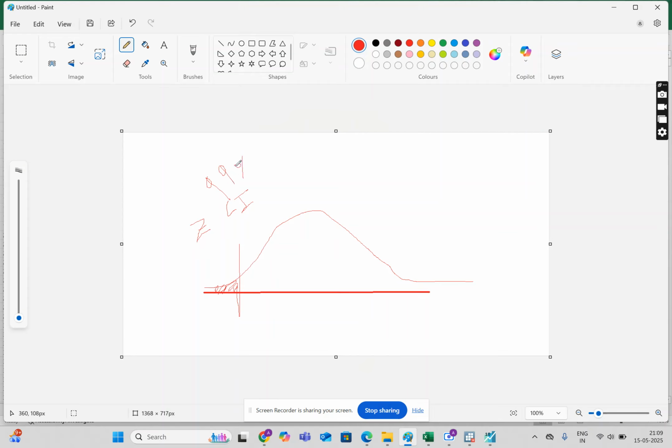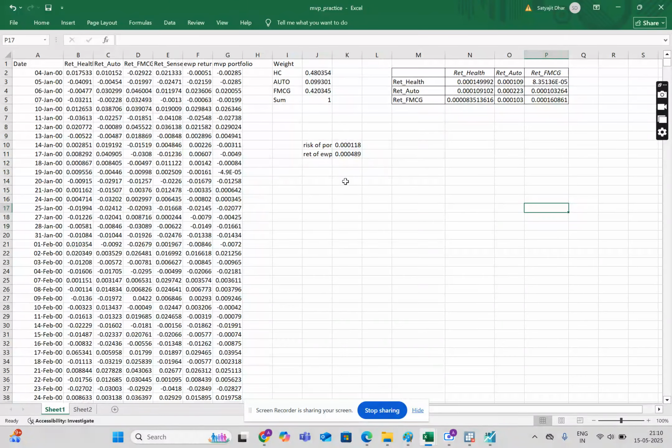You should remember that at 99% confidence interval, the Z score is 2.33. And we are doing a one-tailed test because we are not interested in what happens in periods of exuberance, that is in this period. We are just interested in the red period, that is what happens in periods of extremely low returns. So this is how we find it.